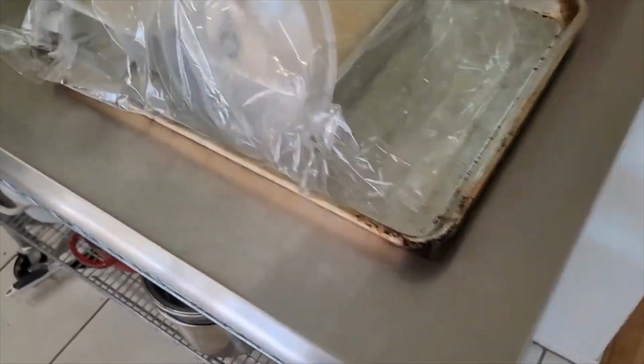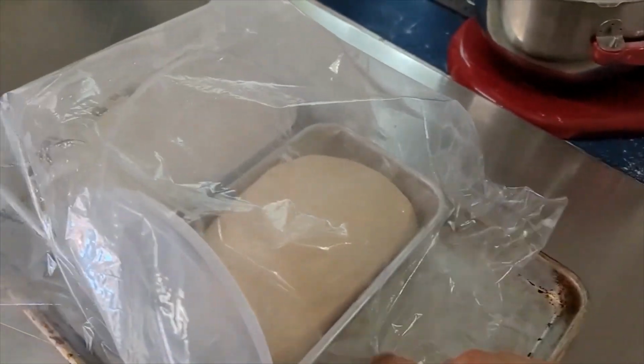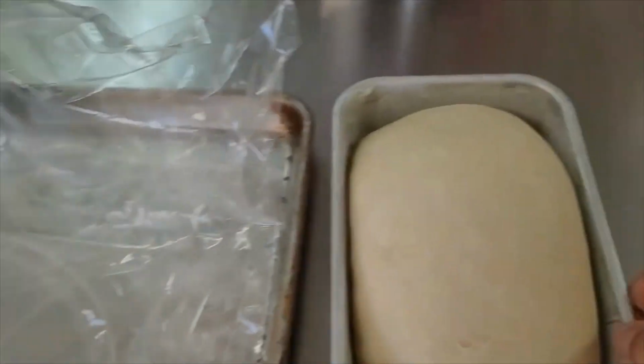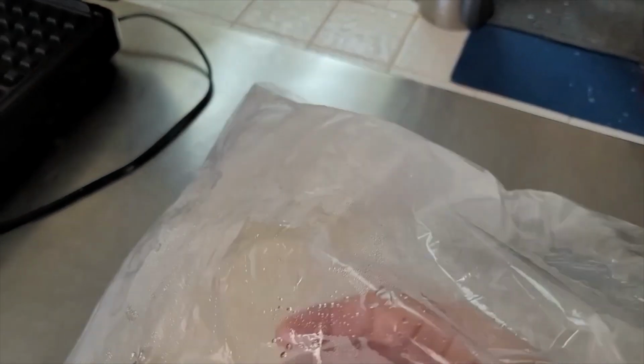Okay. Bread baking day. I just took this out of the refrigerator. These are the doughs we put in there yesterday. As you can see, the lower hydration dough, we talked about how it is easier for it to keep its structure and its shape. But the higher hydration dough,